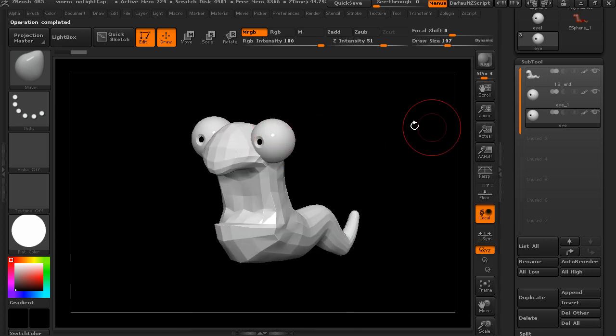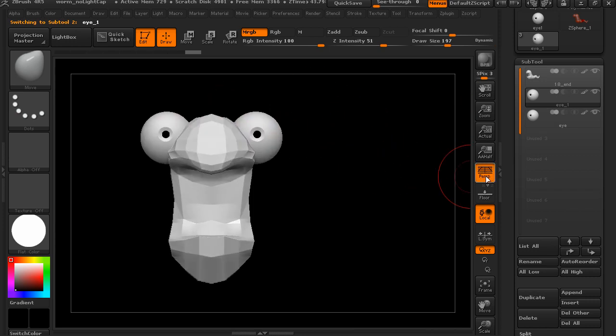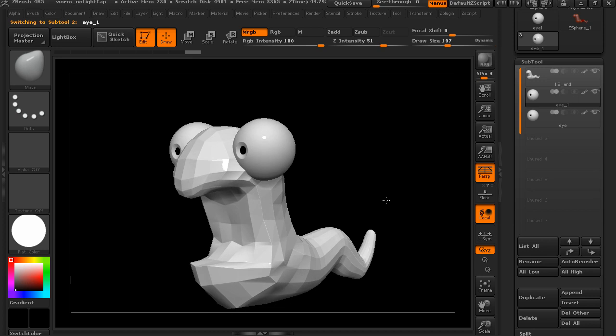Keep in mind, if you make changes to one of these subtools, it's not going to be updated on the other subtool. You'll have to remirror that over. Okay,